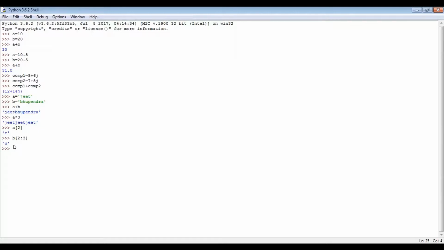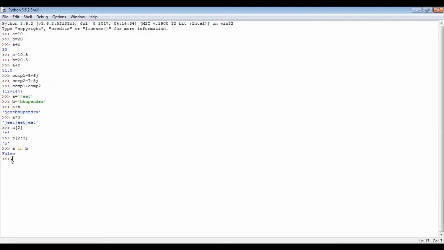Let's go to in membership. Let's try what is in membership. So now I'll write A in B. So it's printing false. This is because A is Jeet and B is Bhupendra, and as you can see, this string is not at all present in the second string. It's not there. So that's why the answer is false.